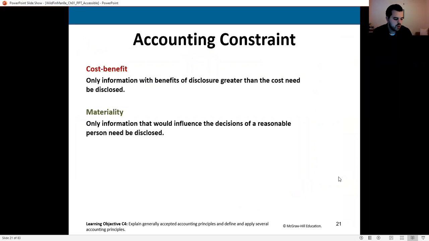Now, the next thing we want to look at, let's zoom out a little bit, is this constraint that's going to override everything. So we've got what's called a cost benefit constraint, which tells us we only want to gather the information that gives us more benefit than the cost needed to obtain that information. So this can deal with just gathering information. We can also deal with things like internal controls. Okay. So you say, well, how does this work in regard to internal controls?